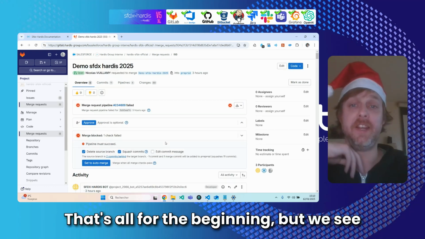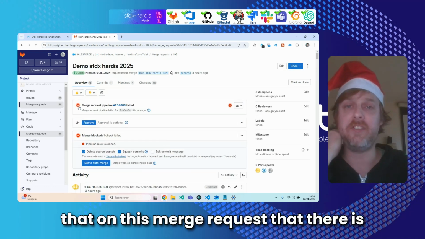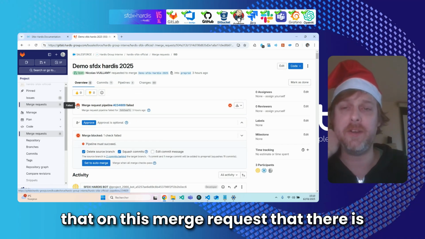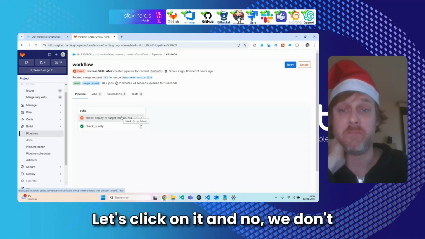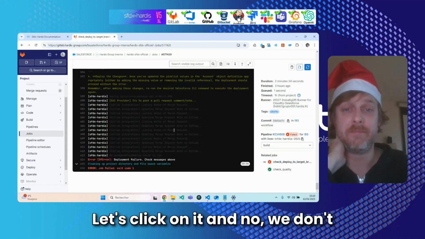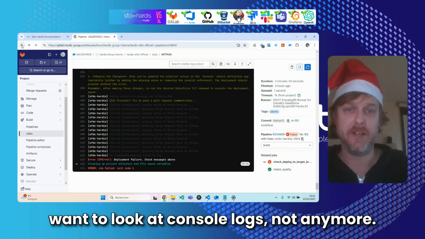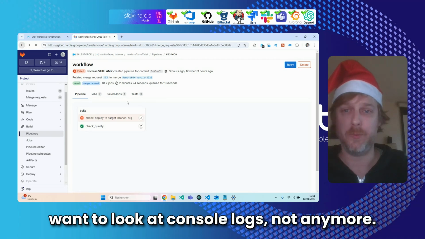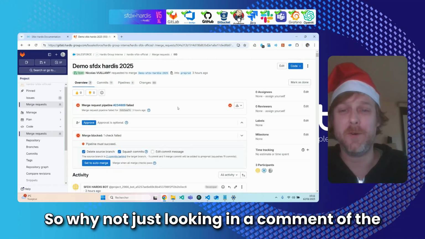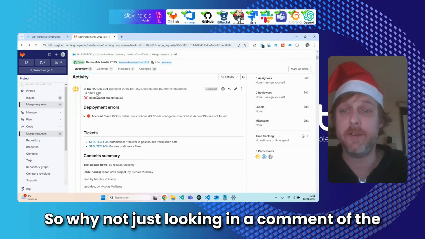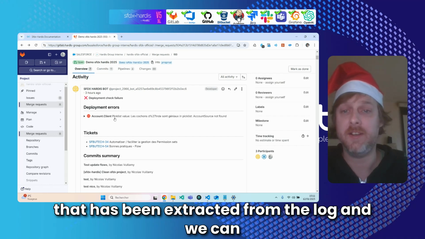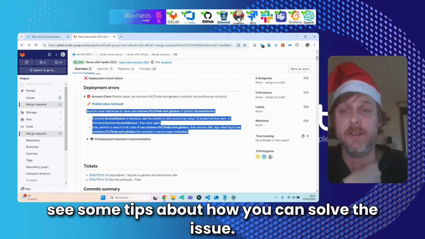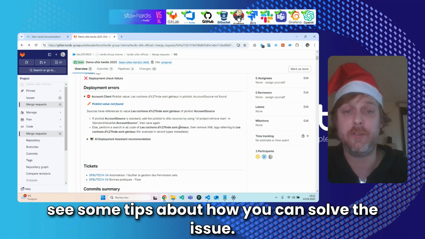That's all for the beginning, but we see on this merge request that there is some error during the deployment check job. Let's click on it, and no, we don't want to look at console logs, not anymore. We don't have time for that. So why not just look in a comment of the merge request, where we can see the list of errors that has been extracted from the log, and we can see some tips about how you can solve the issue.